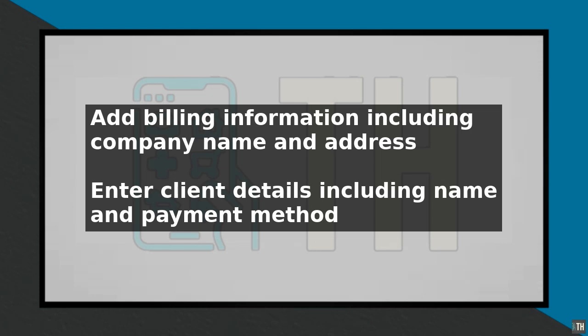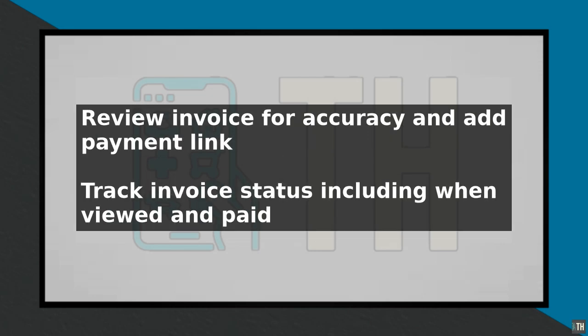Once you have added all the necessary items, review your invoice for accuracy and completeness. You can also add a payment link to your invoice, allowing your clients to pay you directly. When you are satisfied with your invoice, click on the Save and Send button to generate and send the invoice